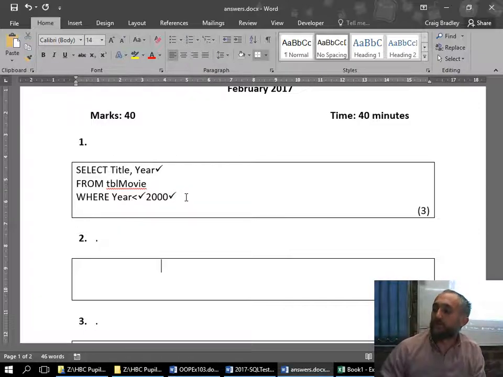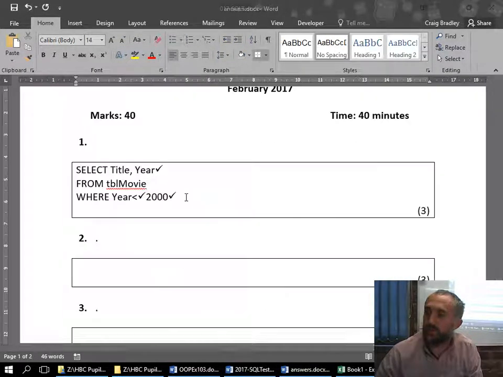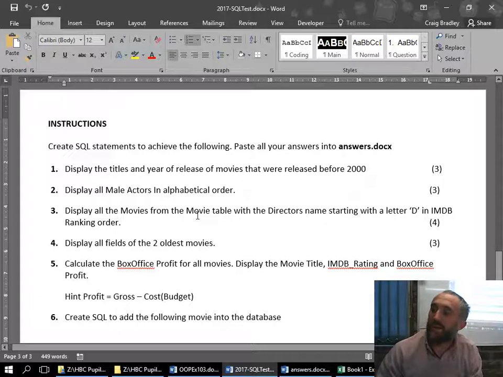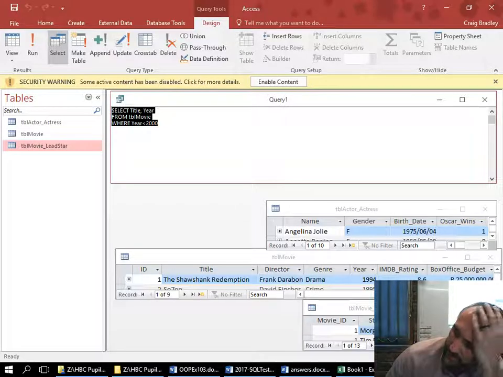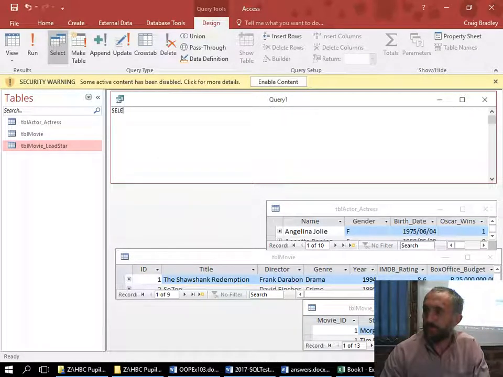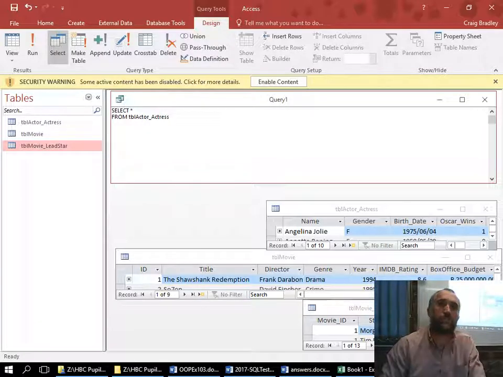Now the next one is question 2. Question 2 states there, display all male actors in alphabetical order. So let's go try find this. So select, it doesn't give me which fields to display, so I can just say star from, oops, sorry, new line, from TBL actor. By the way, Actron I think is the unisex term, so I don't know why they just didn't call it TBL Actron, but